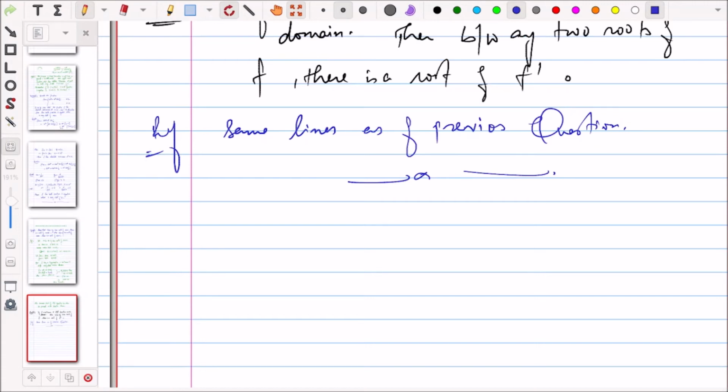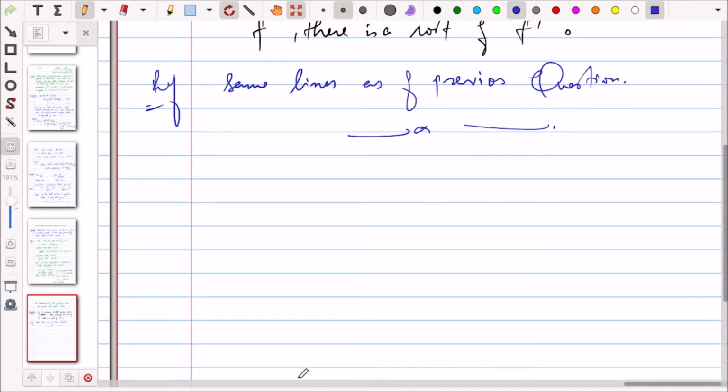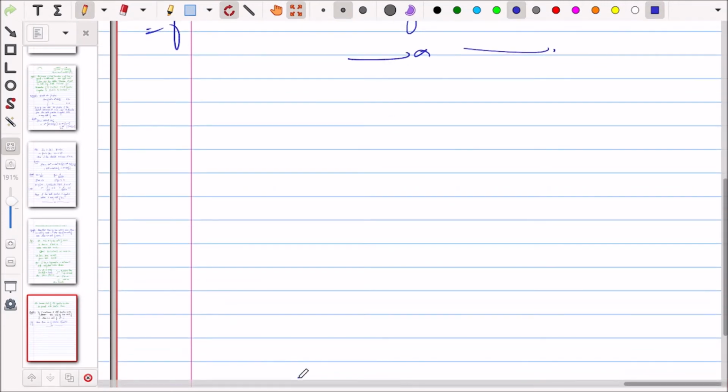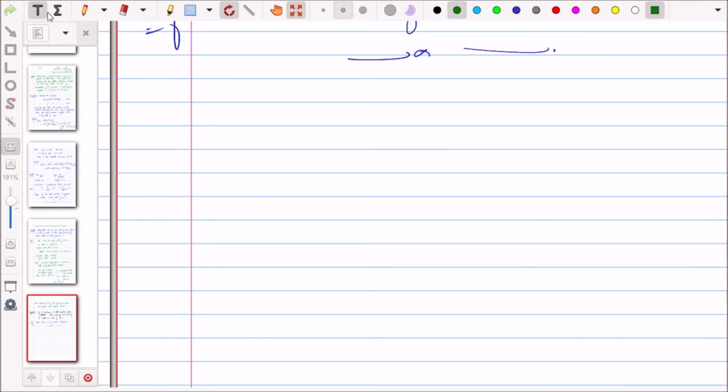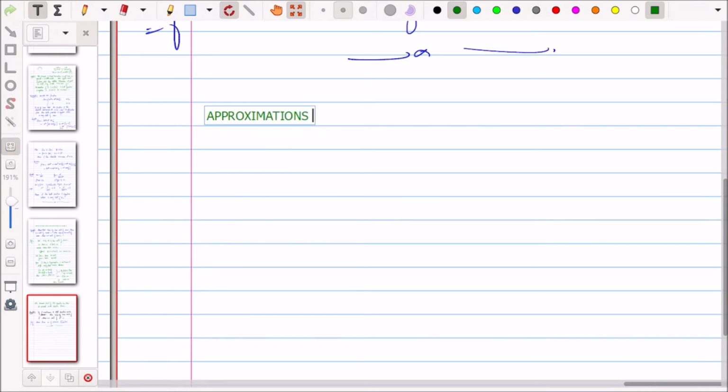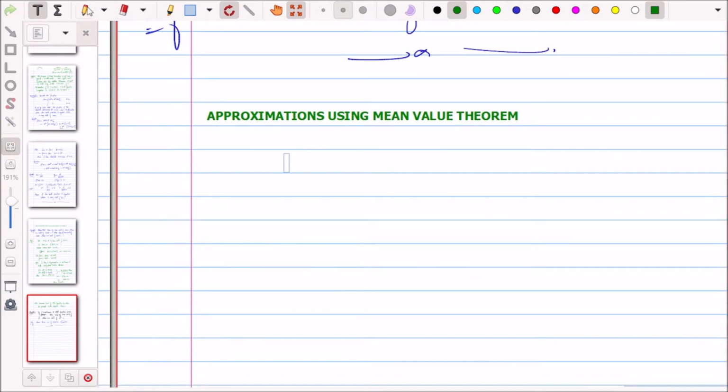Next, we are going to approximate some root using mean value theorem. Okay, approximation using mean value theorem. Now we are going to see these approximations using mean value theorem. So this is another application of your mean value theorem. We are going to do this question. So the question is